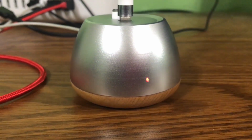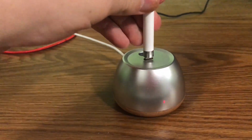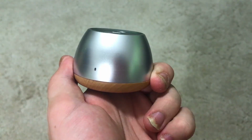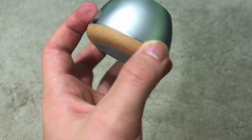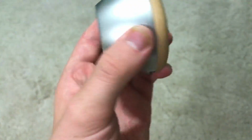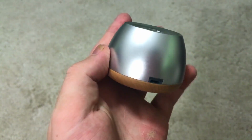Now, the next product I'm talking about is $23, but it definitely doesn't feel like it. And it's not something I actually knew I wanted. It's an Apple Pencil holder / charger case. When I first heard about this and the company contacted me, it did not sound like something that would be very useful, but it's actually got a lot of weight to it. It's made of aluminum and metal, and the bottom base of it is made of wood, and it gives off a very luxurious feeling, and it supports Lightning, so you can charge this device with your regular old Lightning cable,